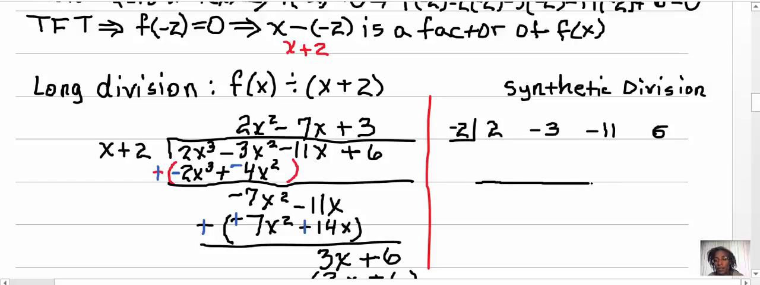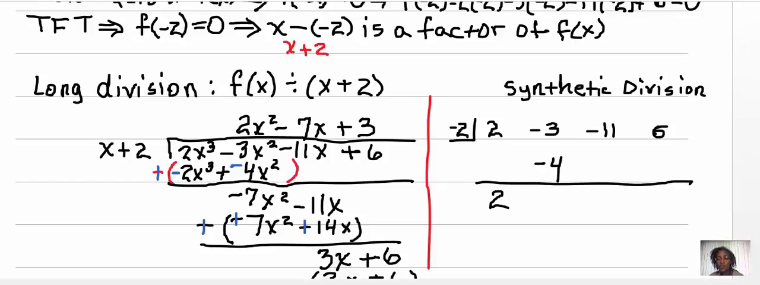So the first thing I do is bring down, and you can think of it as just writing a horizontal line here. Underneath this horizontal line, directly underneath the coefficients of f of x, I bring down the first coefficient of f of x. Now I multiply my c, which is negative 2, by this coefficient 2, and I write the product. So negative 2 times 2 is negative 4, and I write that product under my next coefficient above the horizontal line that I've written. And I add